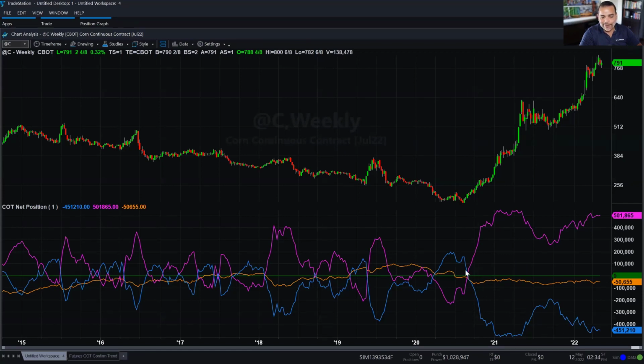So in this uptrend, take a look at what's going on on the commercial side. You see how it's trending down. So it's getting more short and more short. So it has that inverse, opposite relationship. When the commercials are short, it's a bullish indication. And when the non-commercials are long, well, we stick to that, right? It's a bullish signal as well. And that line right here in the middle, the orange line, we don't care about that. That's just the speculators. Most of the time they're wrong.